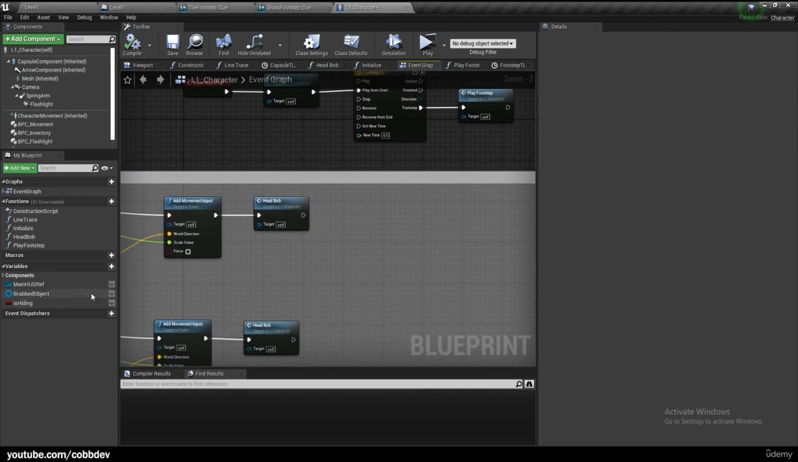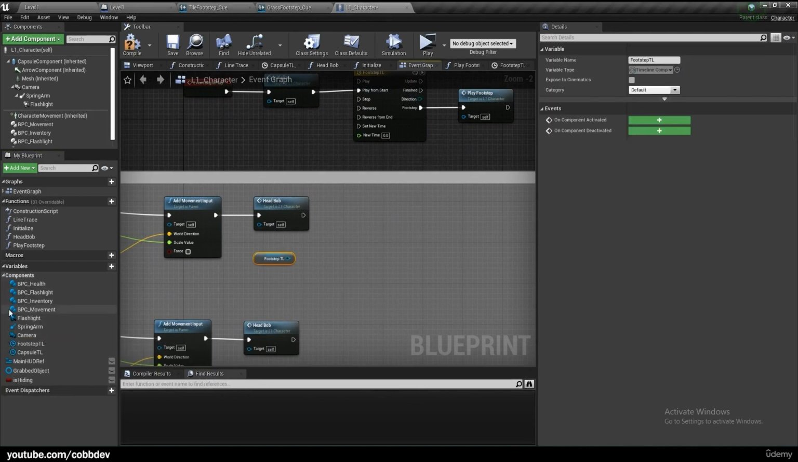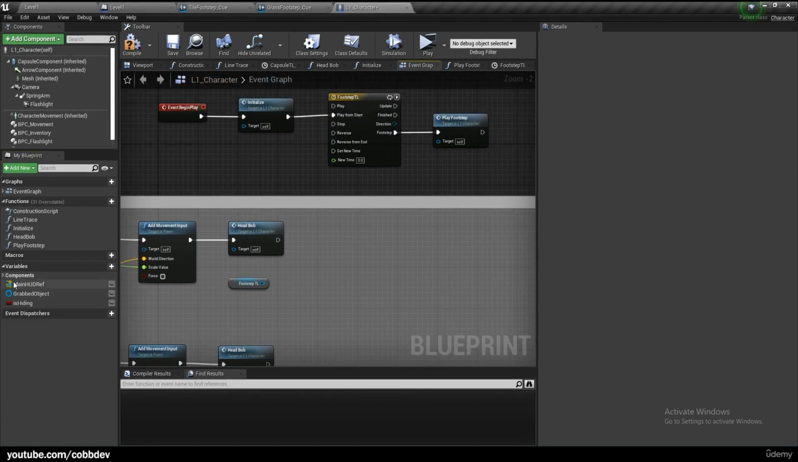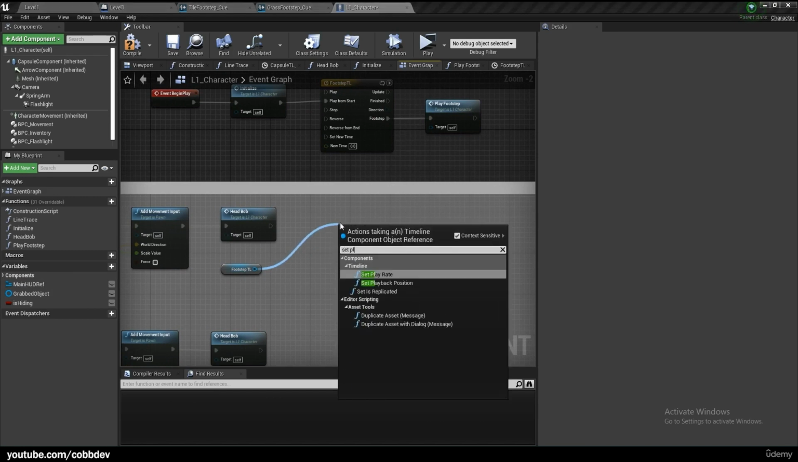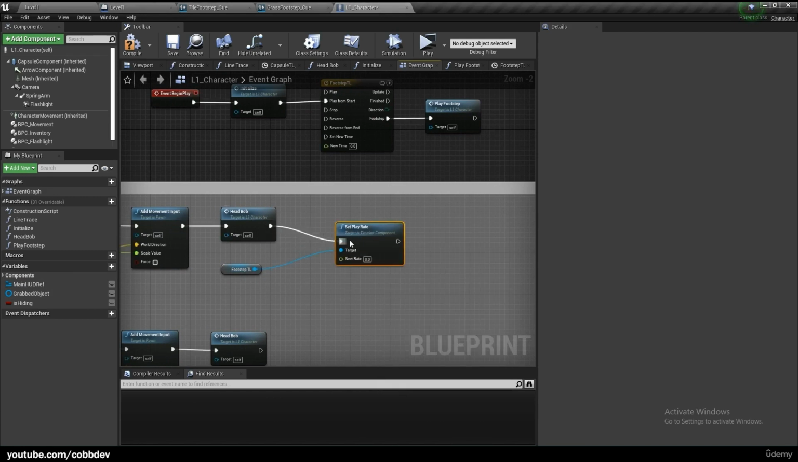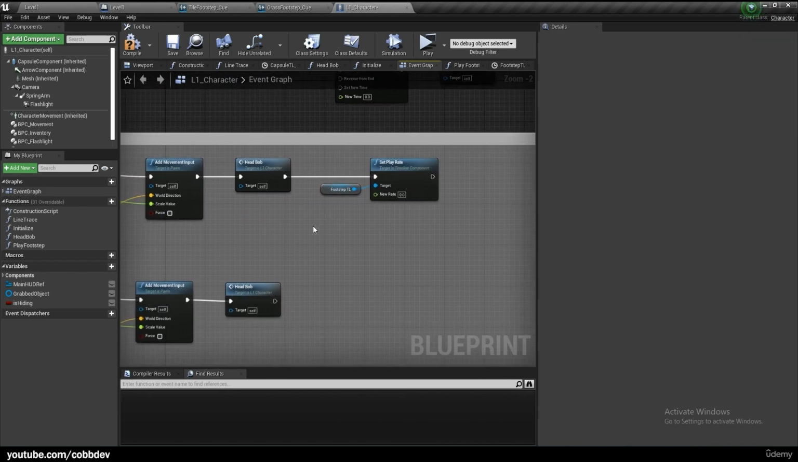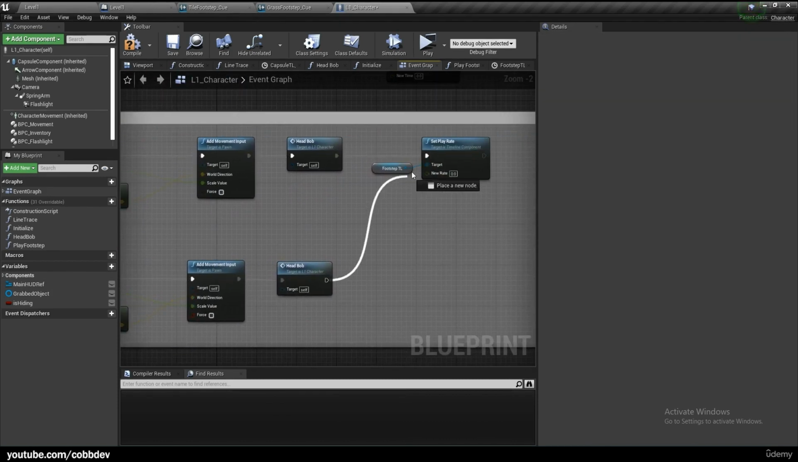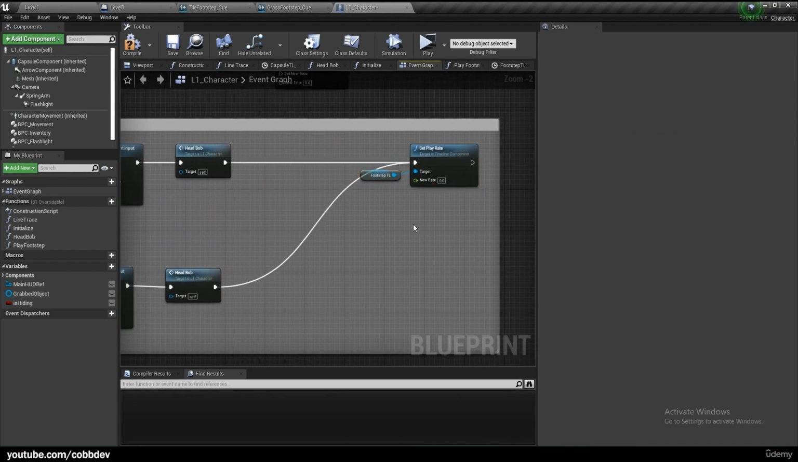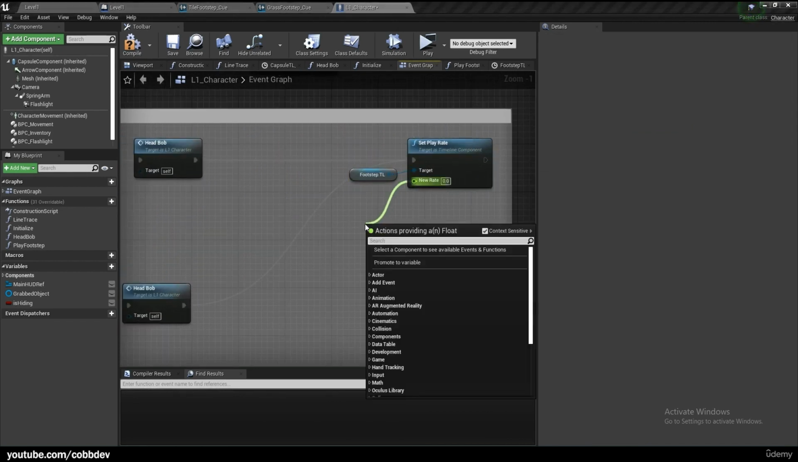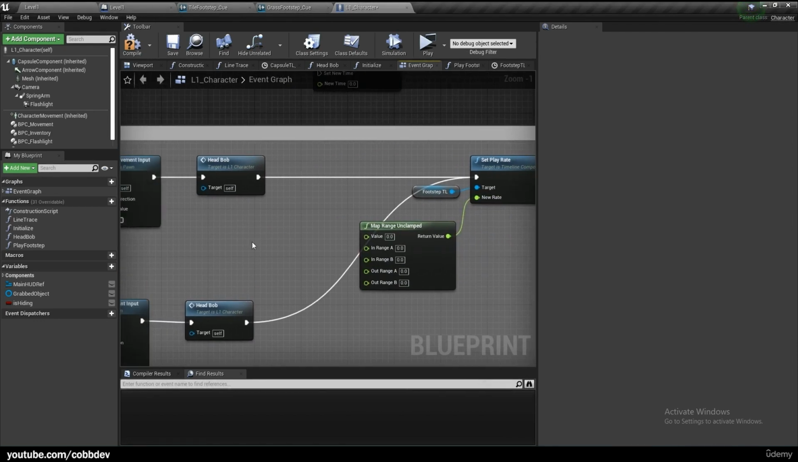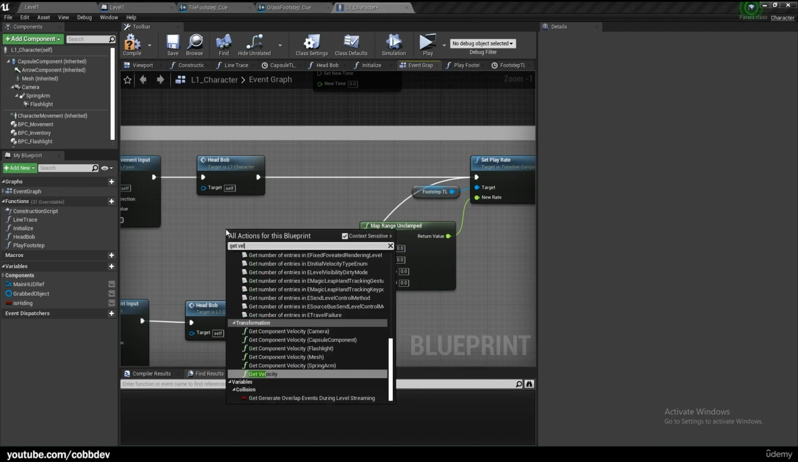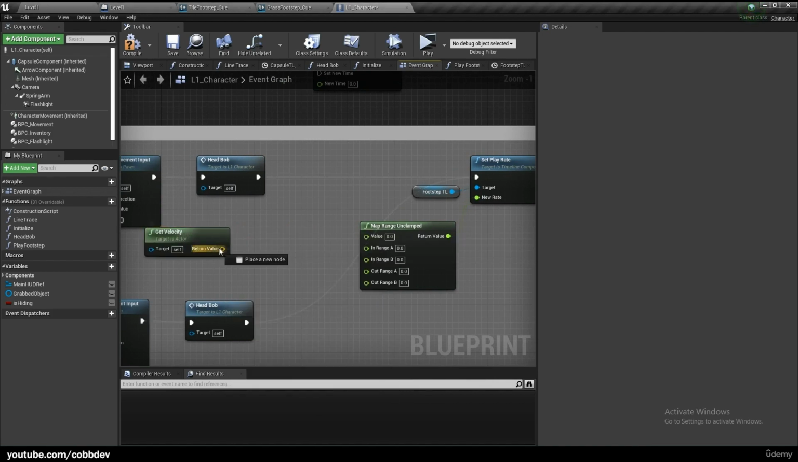So creating this timeline will actually create a variable for us. So we have this footstep timeline right here. We can drag this out, under the components tab, I should have mentioned. And what we're going to do is just call set play rate. And we're going to put this up here as well. And for the play rate, we need to get a map range unclamped. And our value is going to be our velocity. We can type get velocity and then get vector length